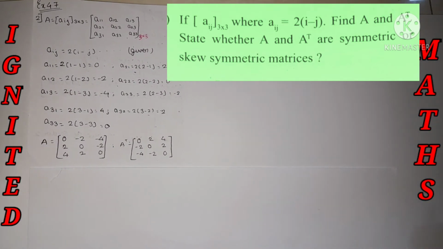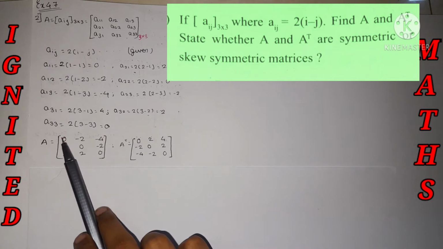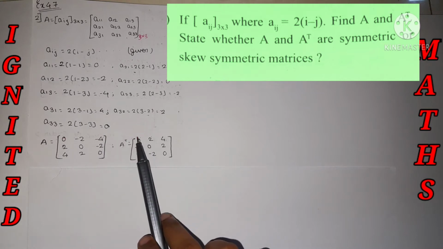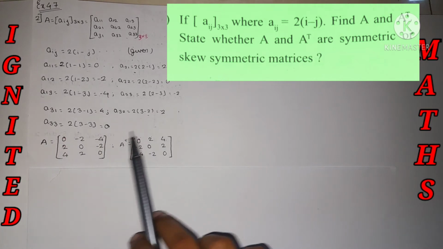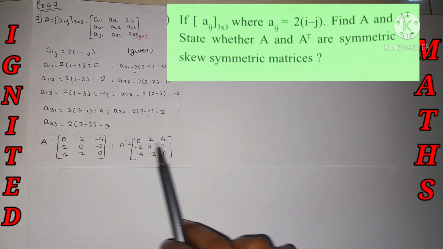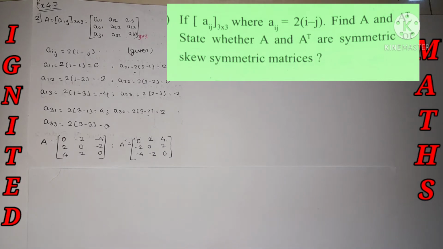From the question given, we even need to find the value of A transpose. So how do we find the value of A transpose? We just need to interchange rows into columns and columns into rows. If we interchange the rows into columns, then automatically the columns will be interchanged as rows. Just see it. This is my first row, so I will interchange it as my first column. The second row will be interchanged as my second column, and the third row as my third column. This is how we need to find the value of A transpose. This is what the question asks.